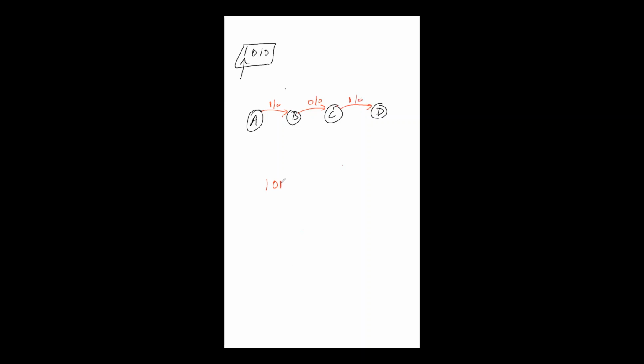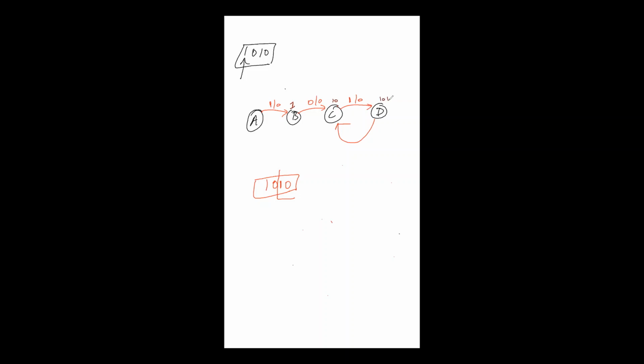And at state D, again you are getting 0, right? So this is one sequence you have detected, but the case we are considering is overlapping case. That means you can use this 1 0 again. You can move to C, because up to C 1 0 is detected. Here 1 is detected, right? This is not the right way to write, but I am just writing for your understanding point of view. State B, 1 is detected. State C, 1 0 is detected. State D, 1 0 1 is detected, right?